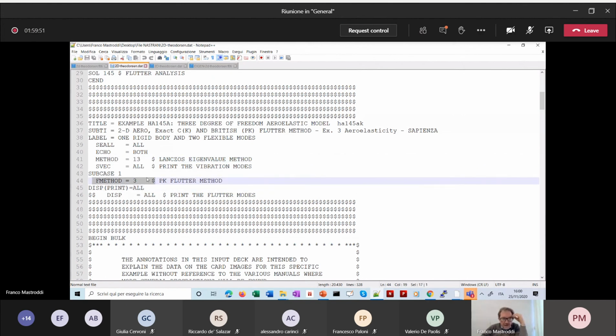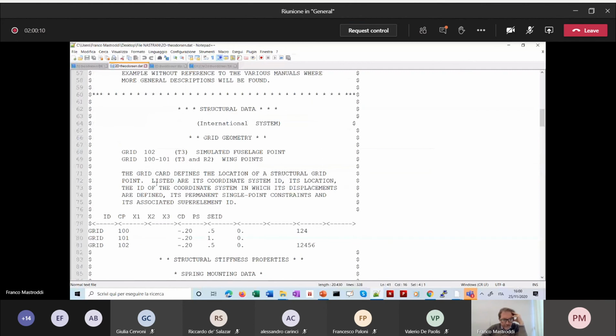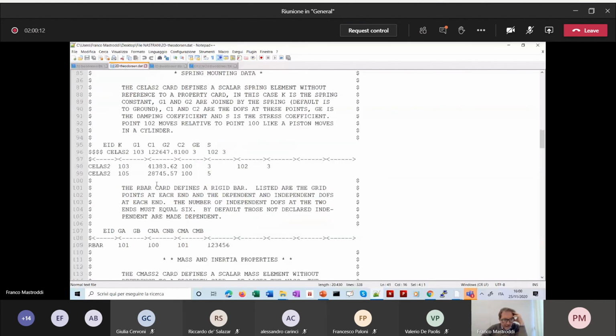This method is identified by a label. So your method for structural analysis is labeled with 13, and your method for flutter analysis is labeled with number 3. Okay, and so corresponding to this 13, you have here later,